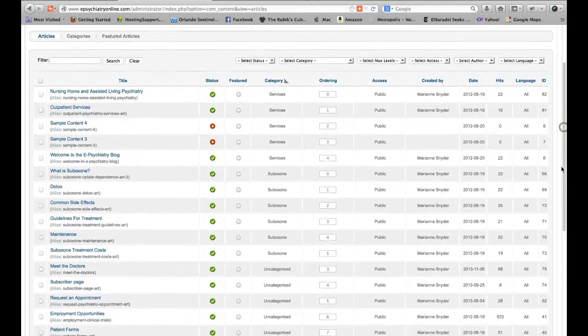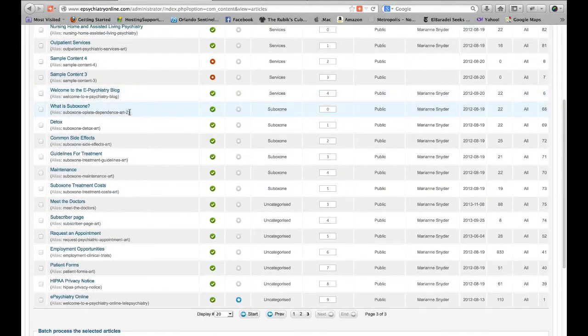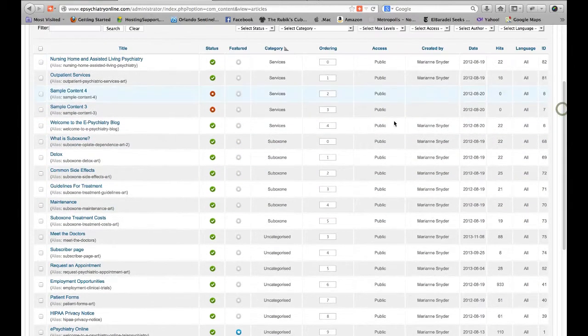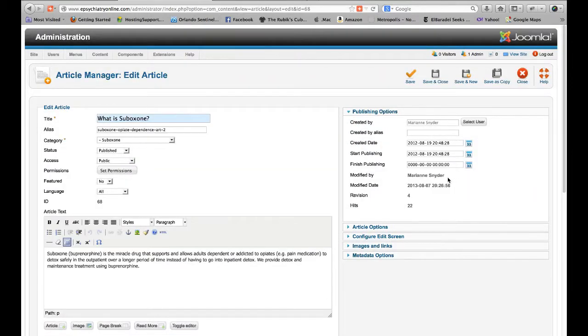There they are. So here we have what is Suboxone, detox, and so on. These are articles that are in the Suboxone category. If you want to add another one called what is eSuboxone, what I would do is click on what is Suboxone, and then you can just save it as a copy and rename it. So put in a new name first, actually, and we're going to call it